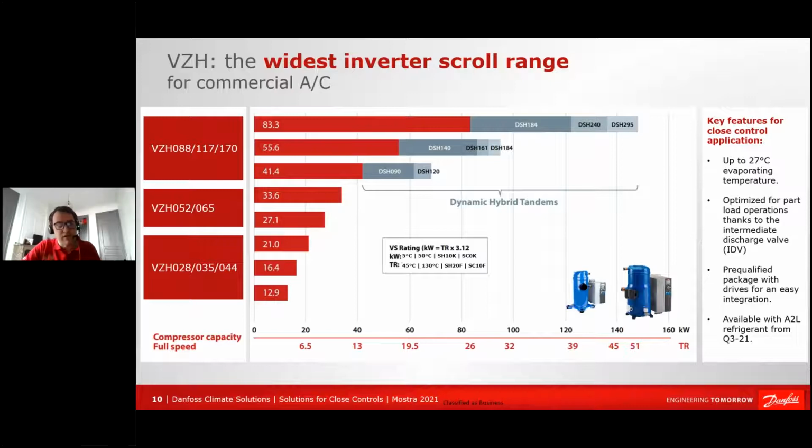This is what the compressors are able to give standalone, and we have offered for many years now the possibility to manifold the large variable speed compressors with fixed speed compressors. For example, up to the VZH 170 with the DSH 295, and as a hybrid tandem combination, we can go up to 150 kilowatt on a single circuit. We patented and have worked on this type of solution for more than 7-8 years now. And contrary to the competition, we have quite a robust and mature solution when we are talking about hybrid manifolding